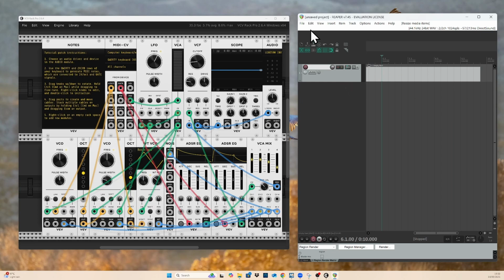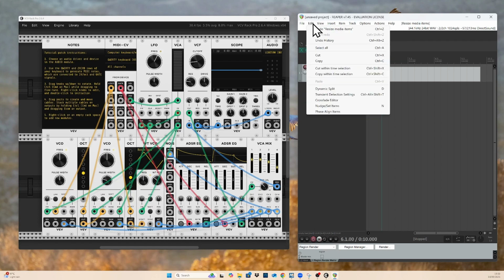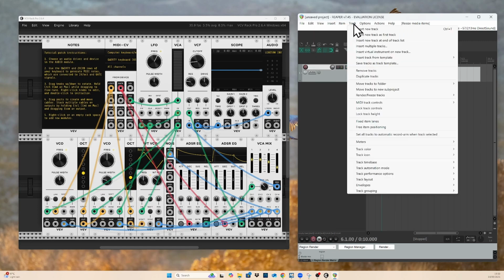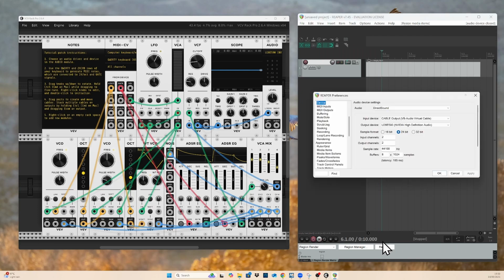And oh yeah, we've got to go to our preferences, haven't we? So I always forget where this is. View. Can anybody see it? Edit maybe. Insert items and options. Preferences. Let's try that. So we've got device. There's lots of options here. We've got input device. I've already got it set. So I could set it to my microphone,